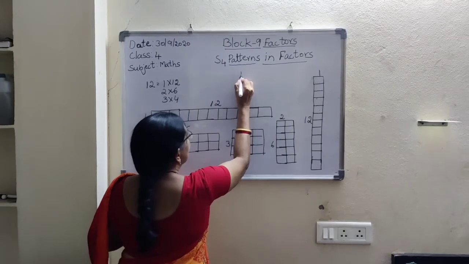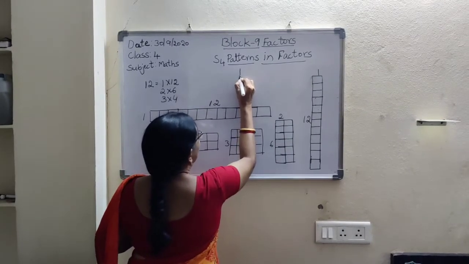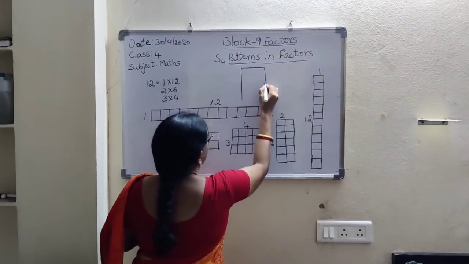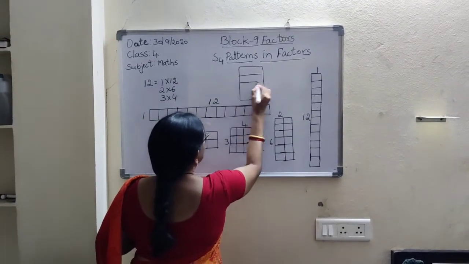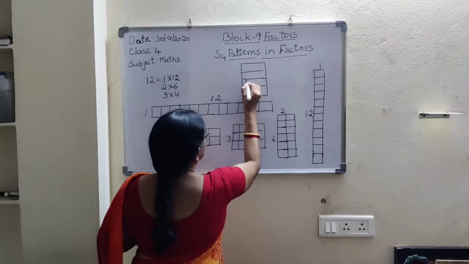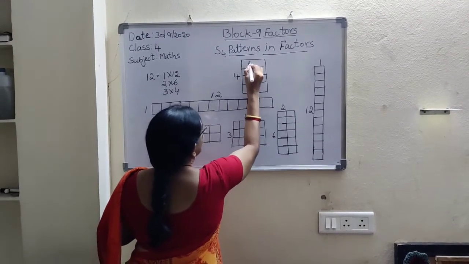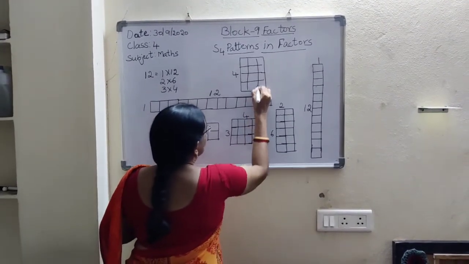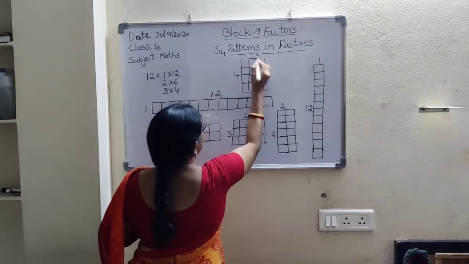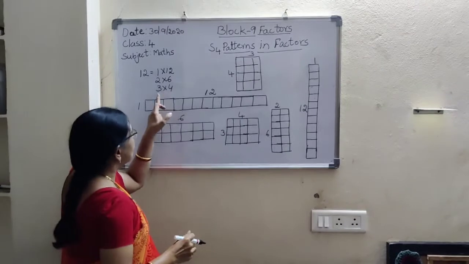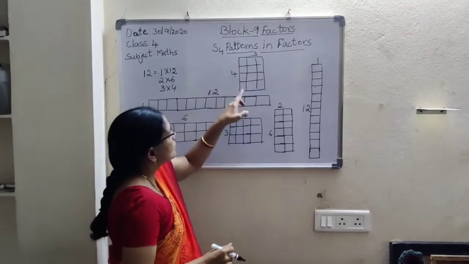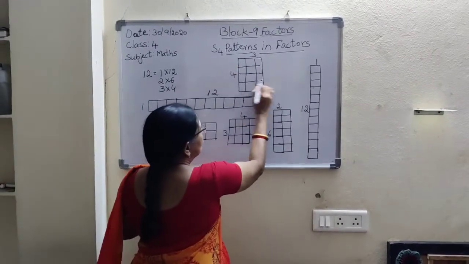Here 4 3s are 12: 4 rows, 3 columns. 4 3s are 4 rows, 1 2 3 4 rows,